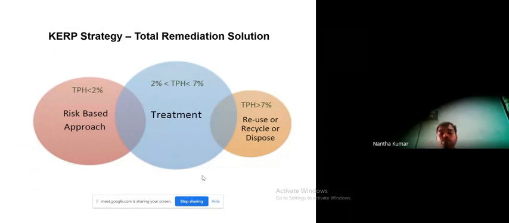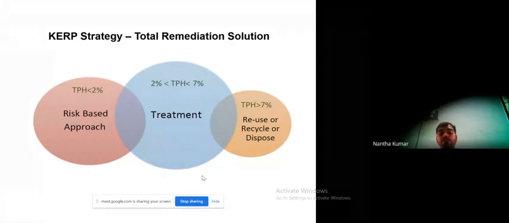A lot of oil containing tar is partially degraded, and undegradable material is also present. Based on the characteristics, they initially went for the estimation of the area, the quantity of waste lying in the area, and the risk based approach, based on which we can treat the waste.